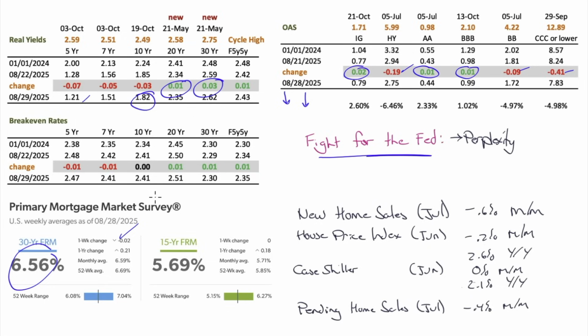It's down for the count for a while. New home sales, we are backwards looking here. This is for July, down 0.6% month over month. A home price index for June, down 0.2% month over month. So the combination of this, you get housing prices coming down, you get mortgage rates coming down, both help for